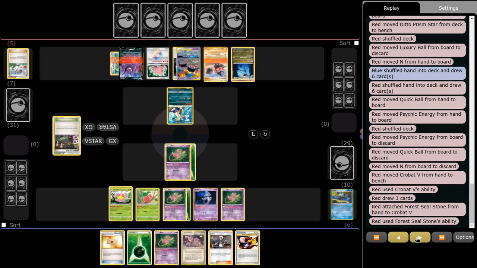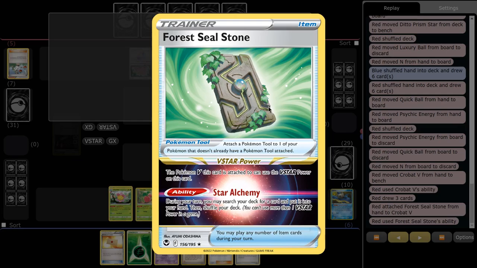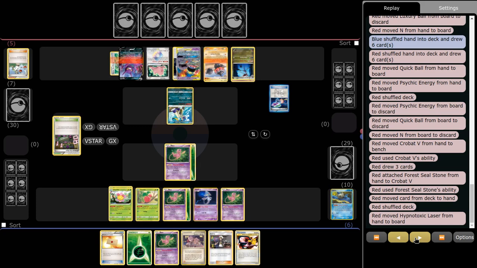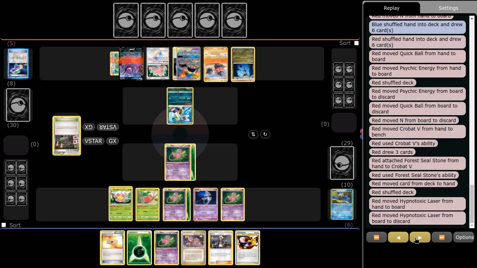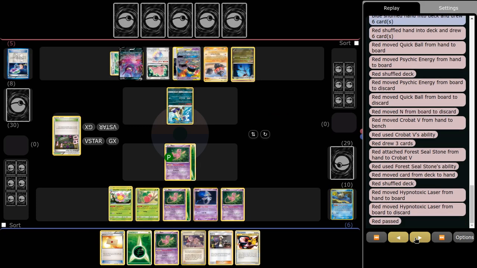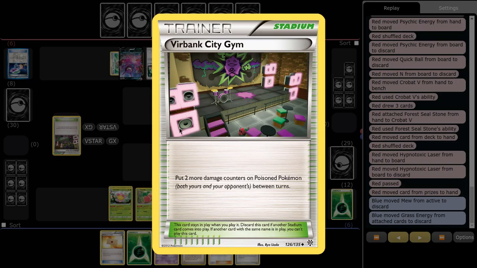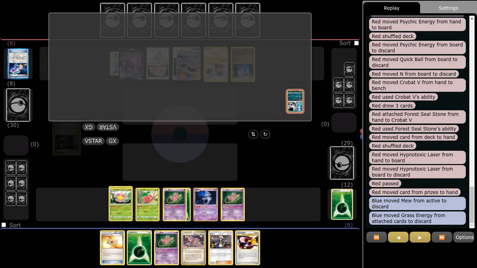They attach Forest Sealstone, which they use this time. Forest Sealstone grants the Pokemon V it's attached to this V-Star Power, which just lets them get whatever card they want out of their deck. So they use it, and they find Hypnotoxic Laser, which again poisons me. And they pass, which results in my Mew being knocked out because, again, Virbank City Gym is in play, and